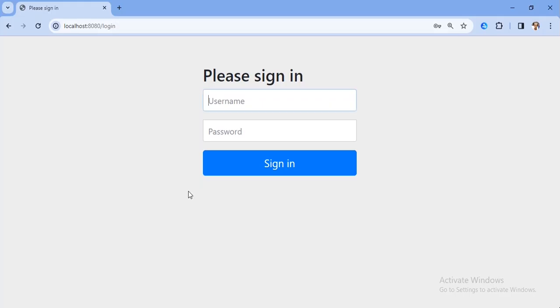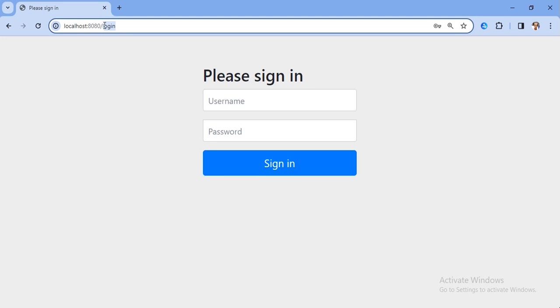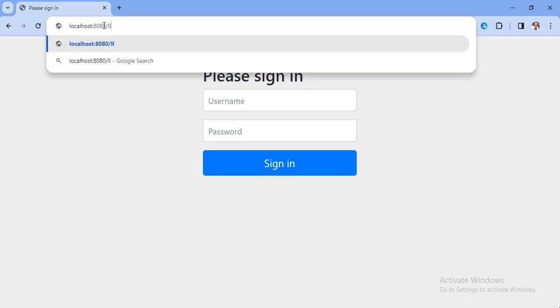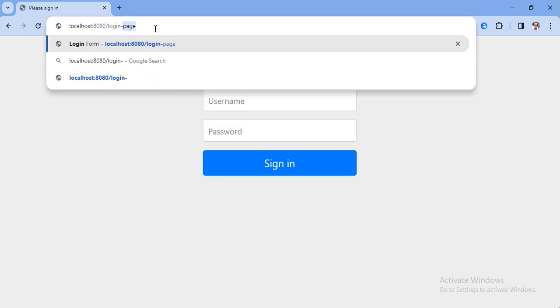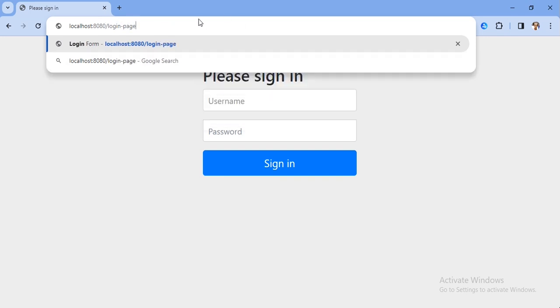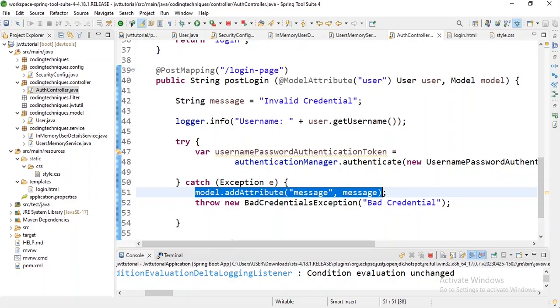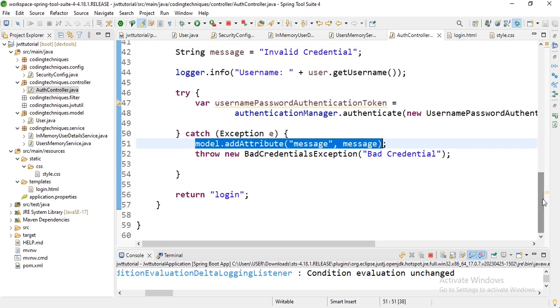So let's try it again. To the login page, there is something we forgot, that is why it's returning. When we have this error, we need to return the login page. So let me return the login page here,